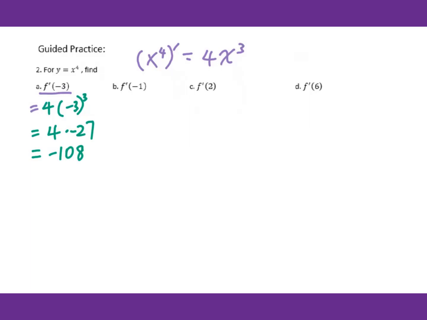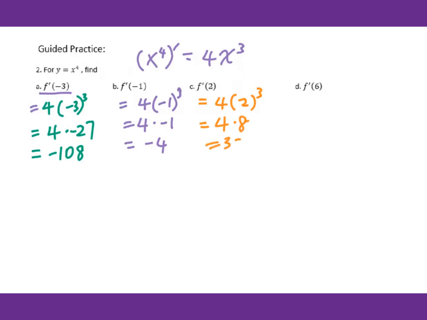For B, it equals 4 times negative 1 to the 3rd power. 4 times negative 1 equals negative 4. For C, this equals 4 times 2 to the third power, then equals 4 times 8, which is 32. For D, 4 times 6 to the third power, you will get